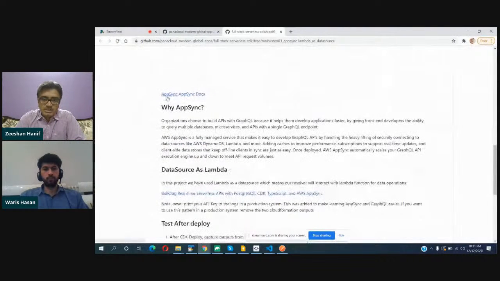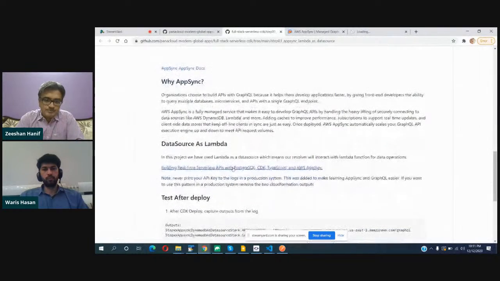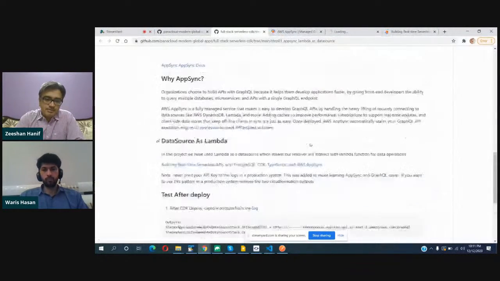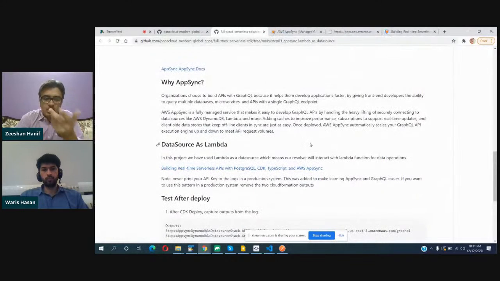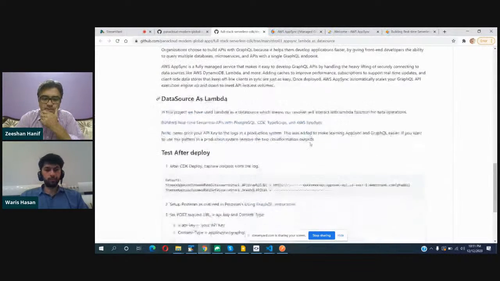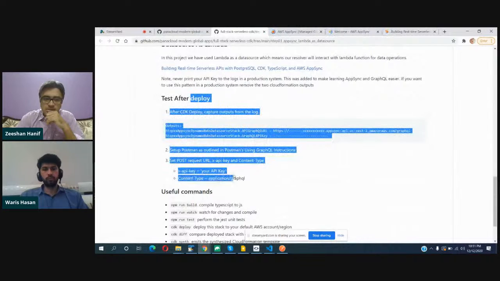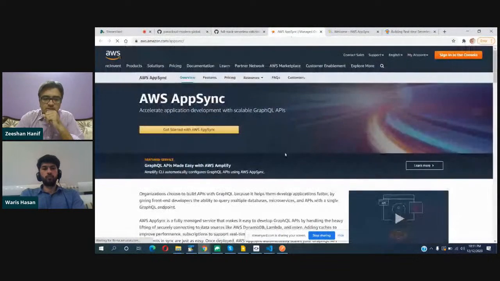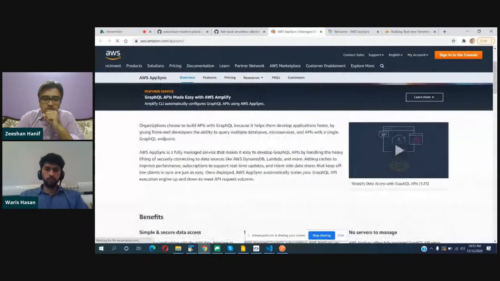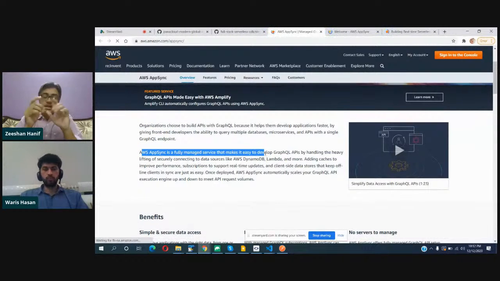So first of all, what is AppSync? And we'll see the AppSync docs. And there is an article, by going through which you can explore examples of how you should work with AppSync. I'll come to this information later. Okay, so AppSync is a fully managed service that makes it easy to develop GraphQL APIs by handling